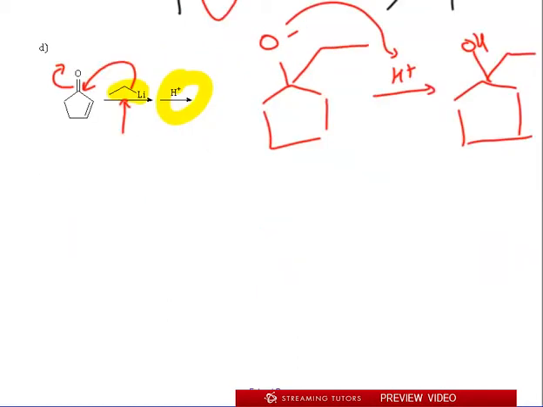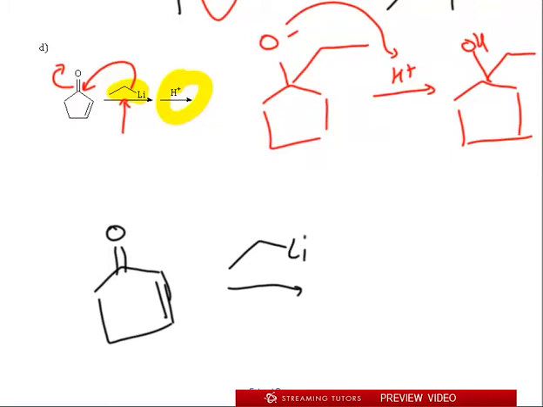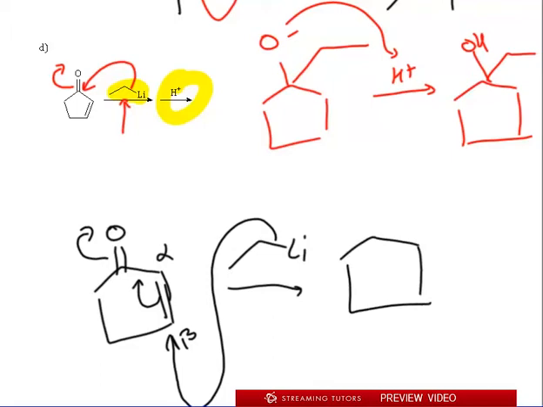But now I want you to keep in mind one other thing. In your next chapter that you're learning about, not carboxylic acid and derivatives, chapter 17, but chapter 18, we're going to learn that sometimes you can put the carbon on the beta carbon. The ethyl can go there because of resonance. This can go up, this can go up. So if there's a double bond, if there's an alpha beta double bond, alpha beta